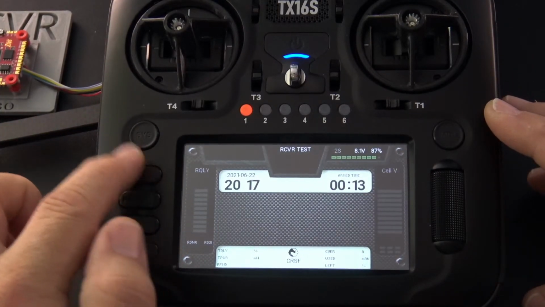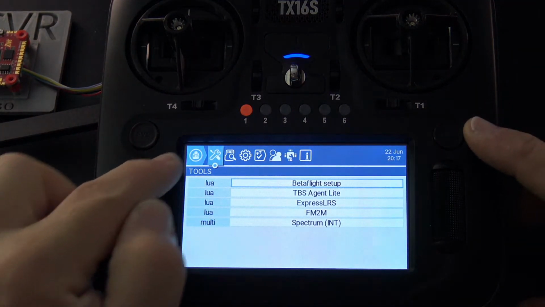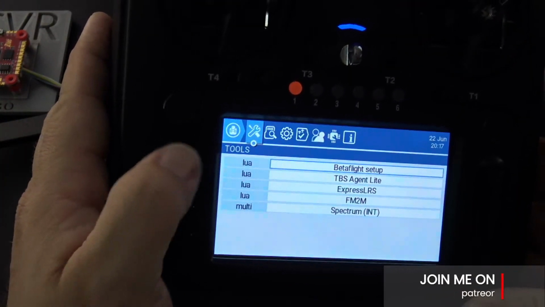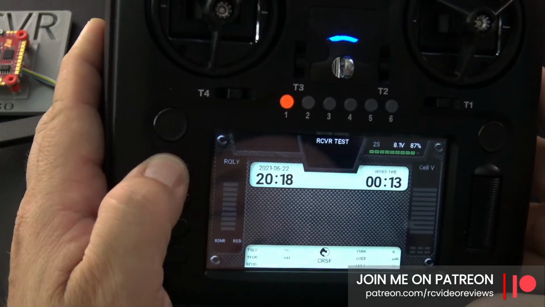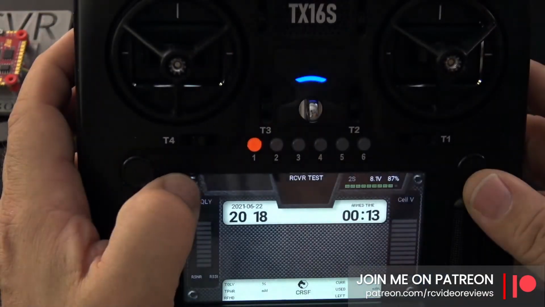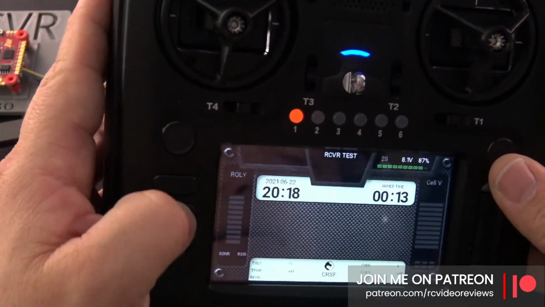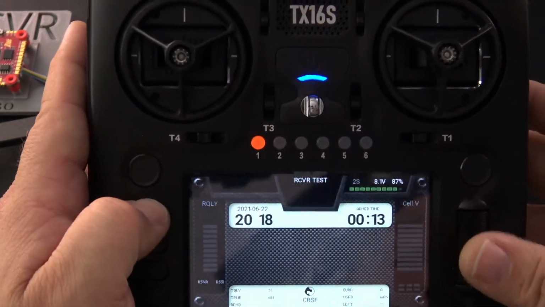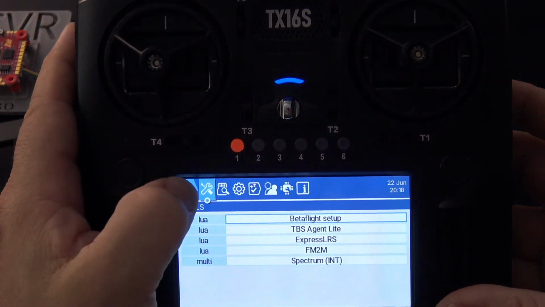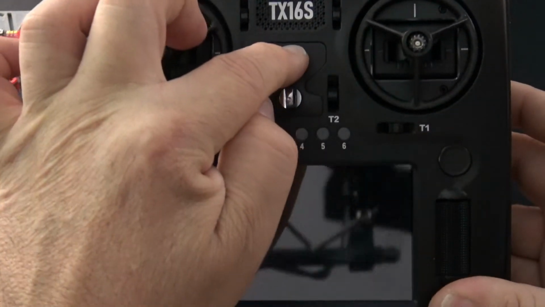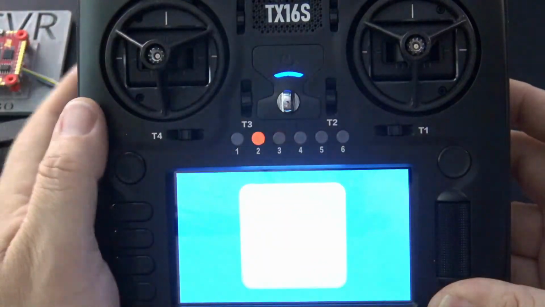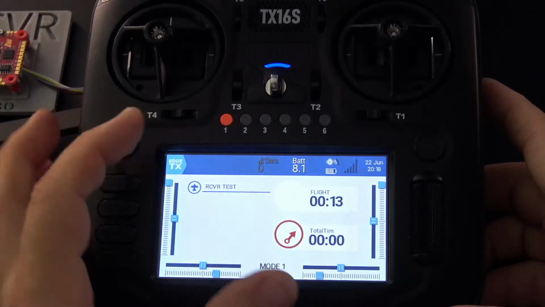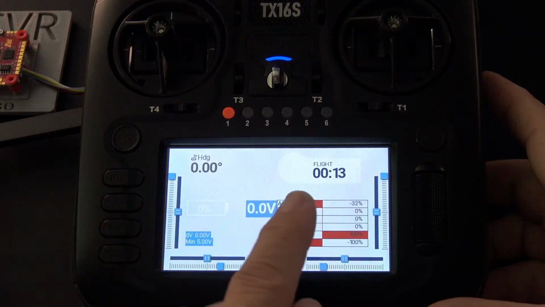So I'm going to go back to the home screen. Oops, I don't know what I did. It's not a page, so it's a Lua script. Of course, now I can't get out of it. But that's okay, I'll just do a quick reset. I'm not sure why I couldn't get out of that. I'm sure I did something wrong there. So anyway, where I was going with all that is that you have to imagine in the future